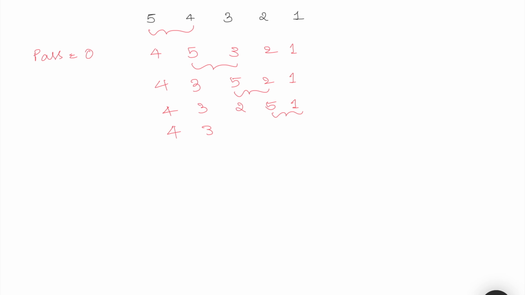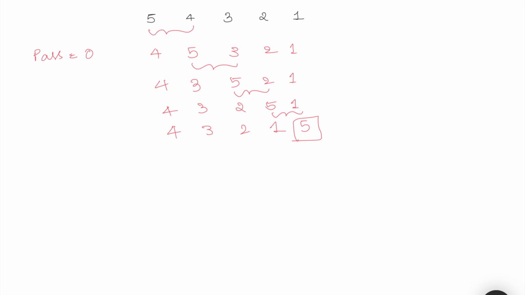So now let's take a small example. Here we have numbers 5, 4, 3, 2, 1. So starting with pass 0, now I am comparing the elements 5 and 4. 5 is greater than 4, so swap. And 5 and 3, 5 is greater, so swap. 5 and 2, 5 is greater, so swap. And again 5 and 1, 5 is greater, then swap. So if you see here, 5 came to its correct position, being the last number.